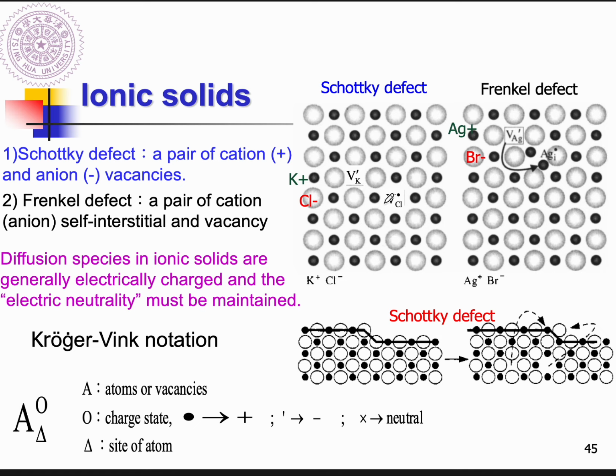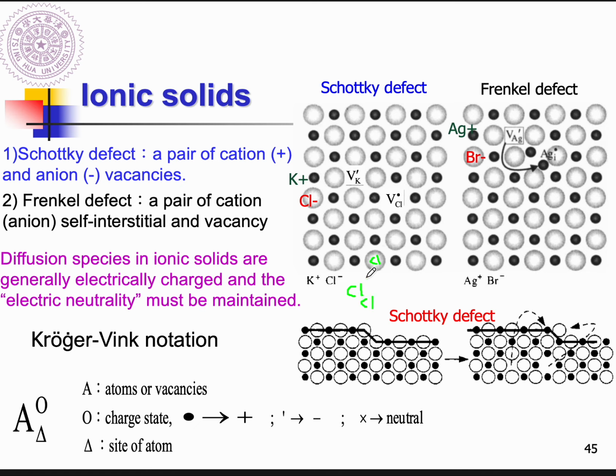You can observe there's a vacancy here. So the vacancy at the chloride site: chloride has one negative charge, but this is a vacancy, so it has one positive charge. You use a dot here. And by the way, if you want to describe this chloride here, I will say chloride at chloride site,